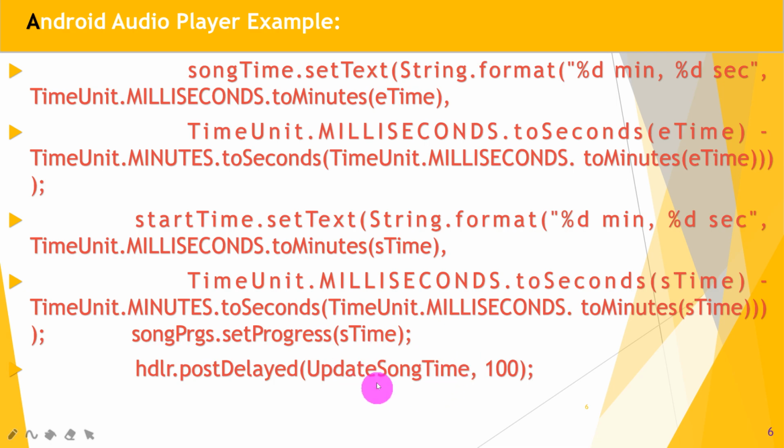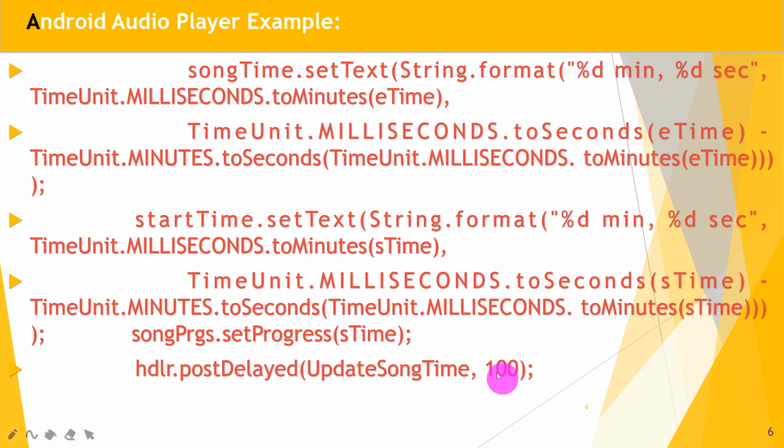Guys, we know that in multithreading, when we want to do the same thing after some time duration, it happens like in loops. So for that purpose we can use a class. Which class? The Handler class. Great. We will see this part in the actual code in Android Studio. Great guys. So this postDelayed method, how much delay do we want to update this startTime.